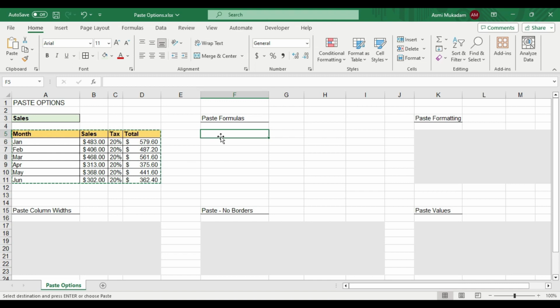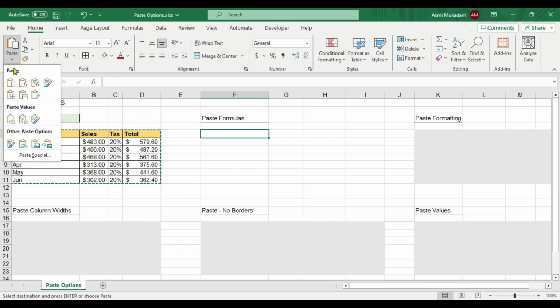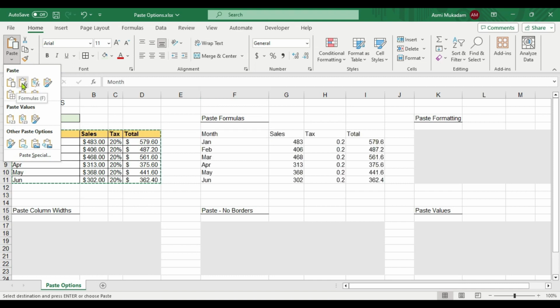Now if you go to the Home tab, here you get the paste option. If you click this drop down, you get different paste options here. Now if I click this formula and hover on this, you can see all the data is pasted here as we click this formula.